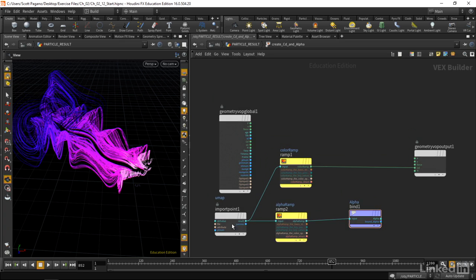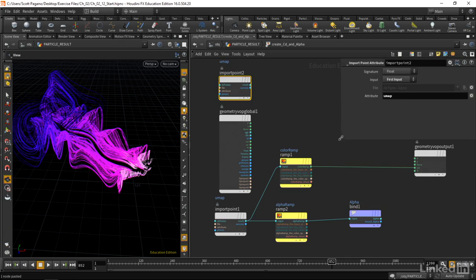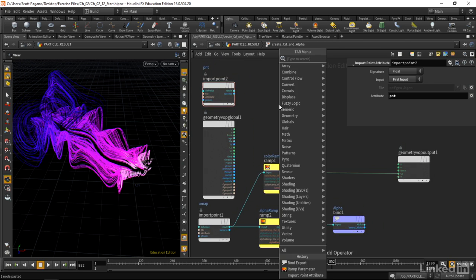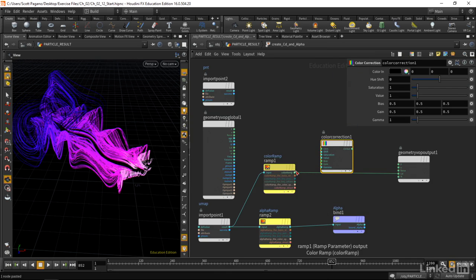So I'm going to grab this import point, copy and paste it. I'm going to paste it up here, hit the P key to open up our parameters again. I'm going to close this window and change this to PNT. So this will bring in the PNT attribute. Now I'm going to add a color correction VOP, and I'm going to feed the output of the color ramp into that